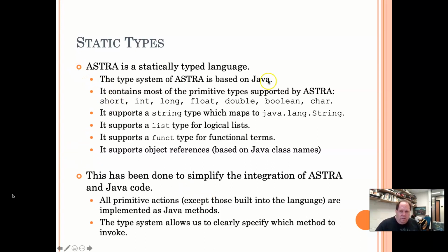So, not only is ASTRA a statically typed language, but the type system I've used is based largely on Java. There are some differences to reflect the nature of a logical language over a procedural language or object-oriented languages like Java. But essentially ASTRA contains most of the primitive types that are supported by Java. So we definitely have support for shorts, ints, longs, floats, doubles, booleans, and chars. There are probably other types that I don't provide direct support for,